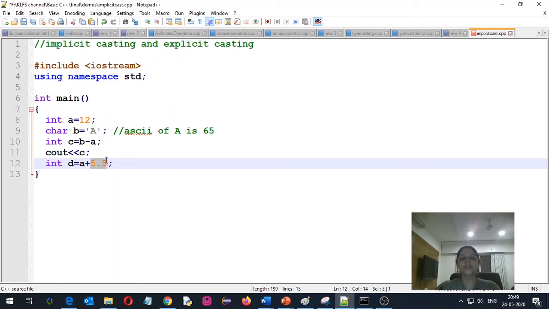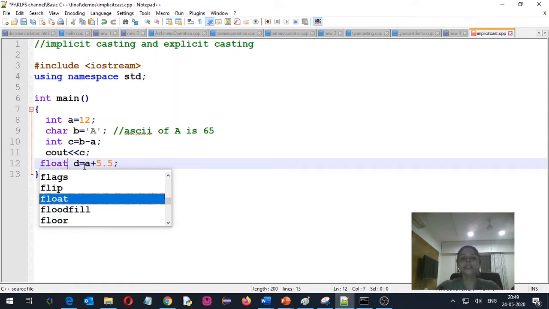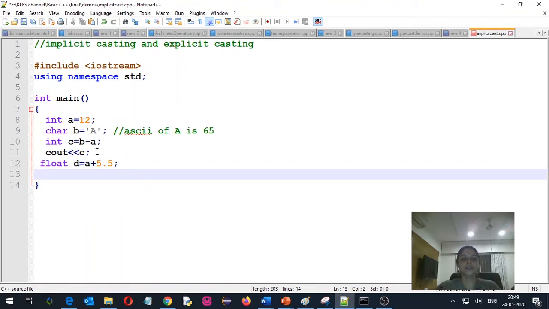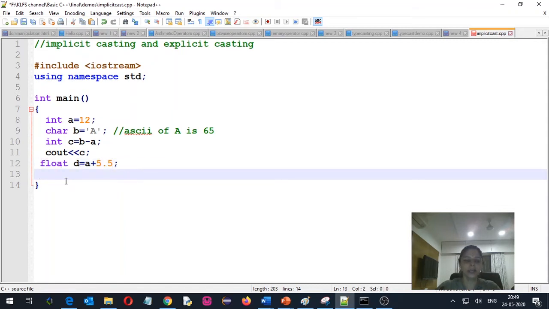So the float will get automatically converted into an integer. Suppose I write float over here, then the integer a will automatically get converted into float and then I will get the float addition. So here I should get 12 plus 5.5, which is 17.5, and since the variable d is float, I will get the answer 17.5.